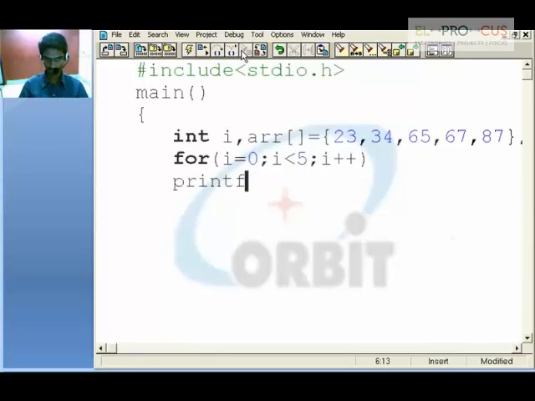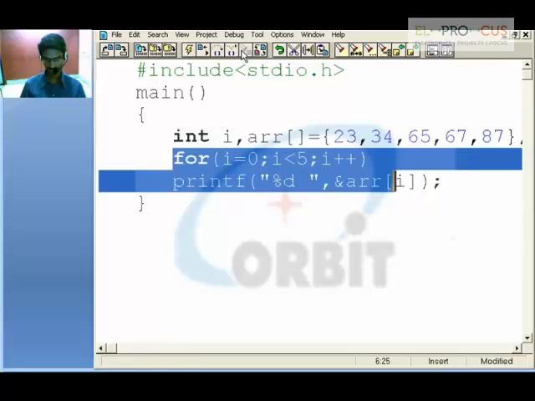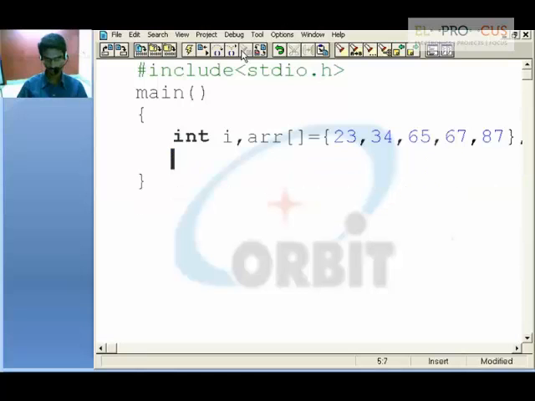Printf %d, comma ampersand array of I. Array of I, let it be 0.